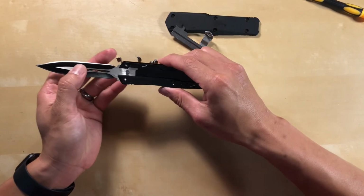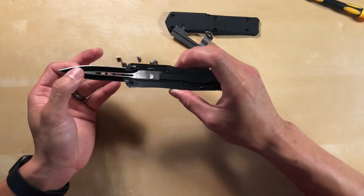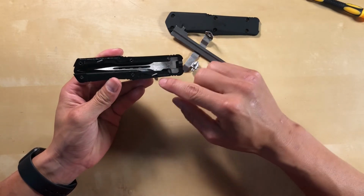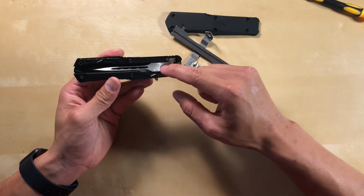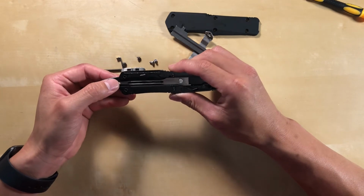So right now the blade is locked from here. You can push it up and then the blade will come down. And similarly, when the blade comes back here, this spring right here pushes this out and locks the blade. So then push this down, you can push the blade out. So like I was explaining earlier,